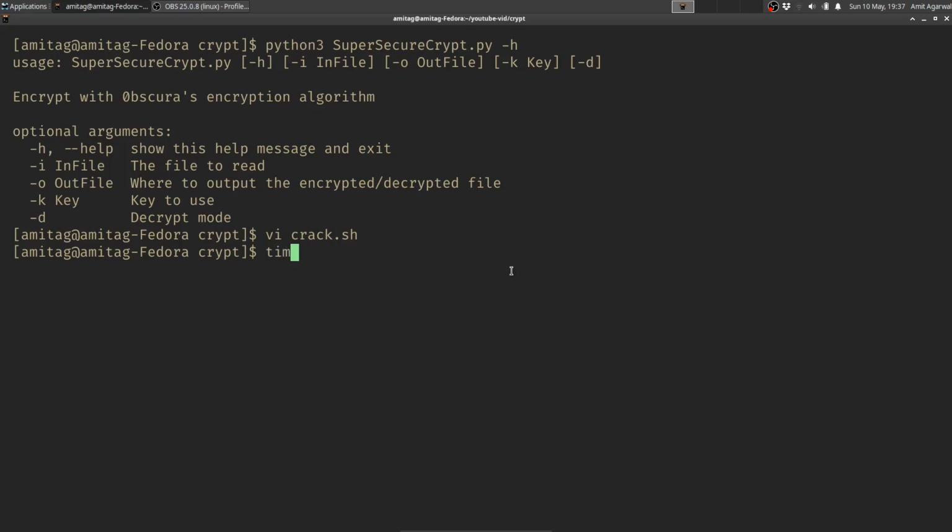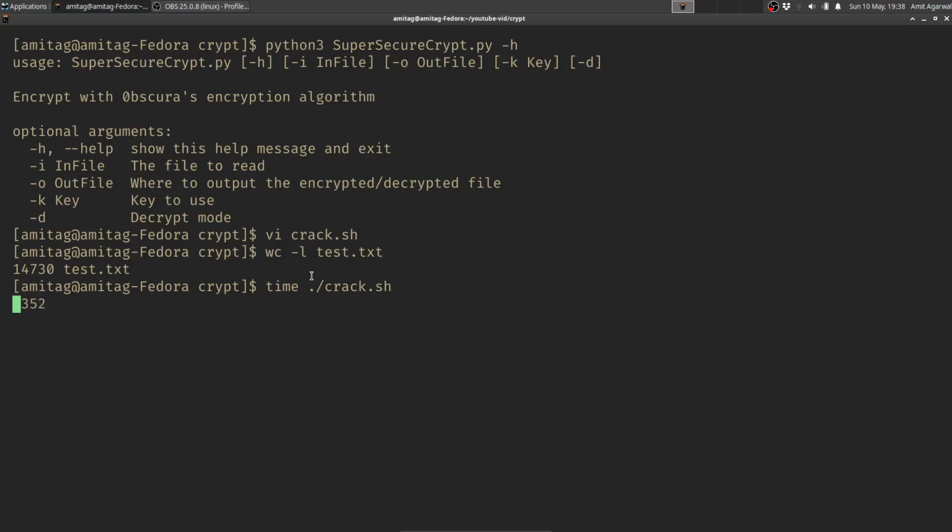So pretty straightforward. We can see wc -l test.txt. It's about 14,000 words, so it should not really take a huge amount of time. Let's get going. If I run this, as you can see, it's going pretty fast. It's probably taking less than 1 second per guess. But when you have more than a million passwords to crack, this might seem very slow to you. So we should pretty soon see that we will get the password here.